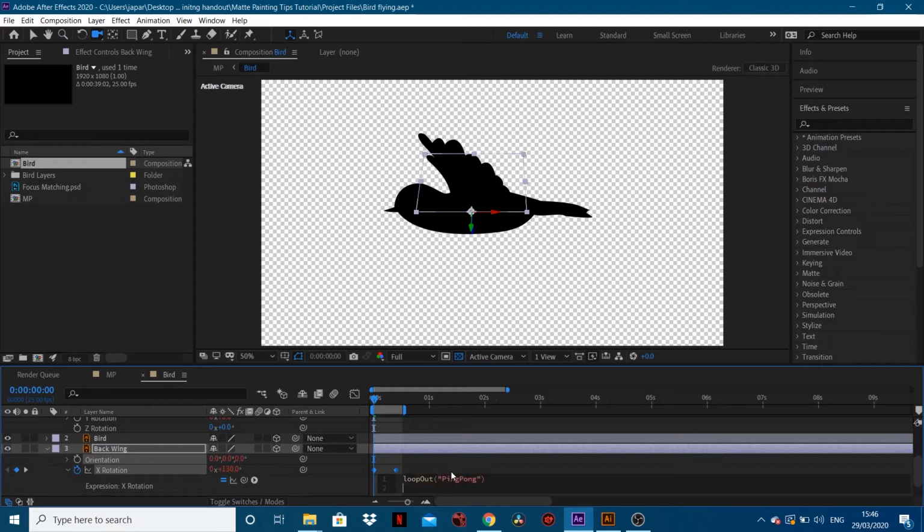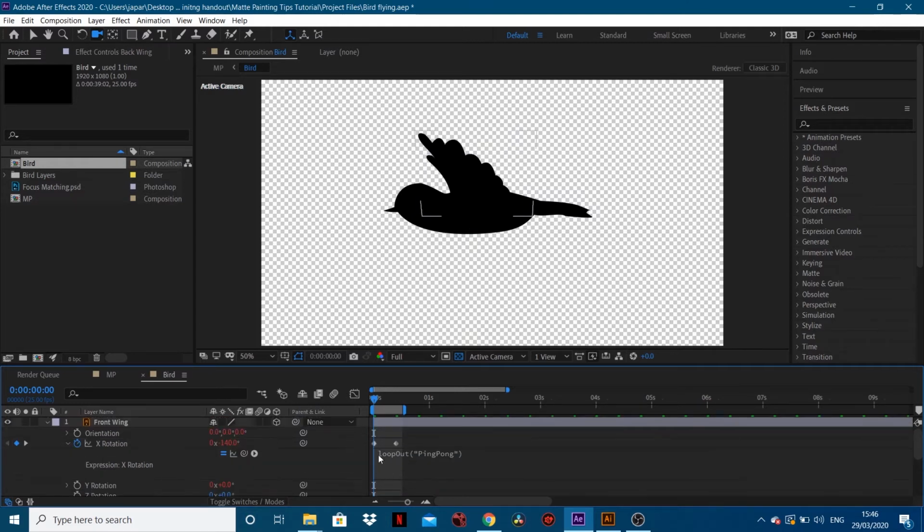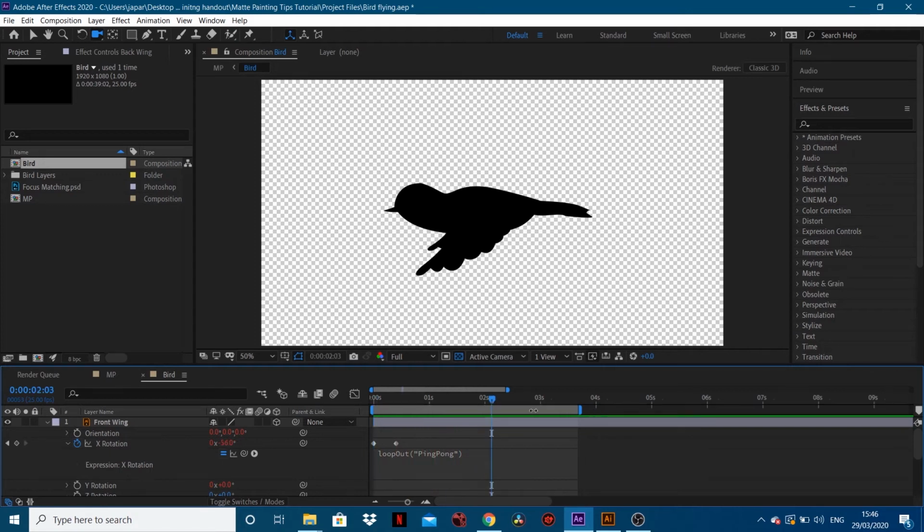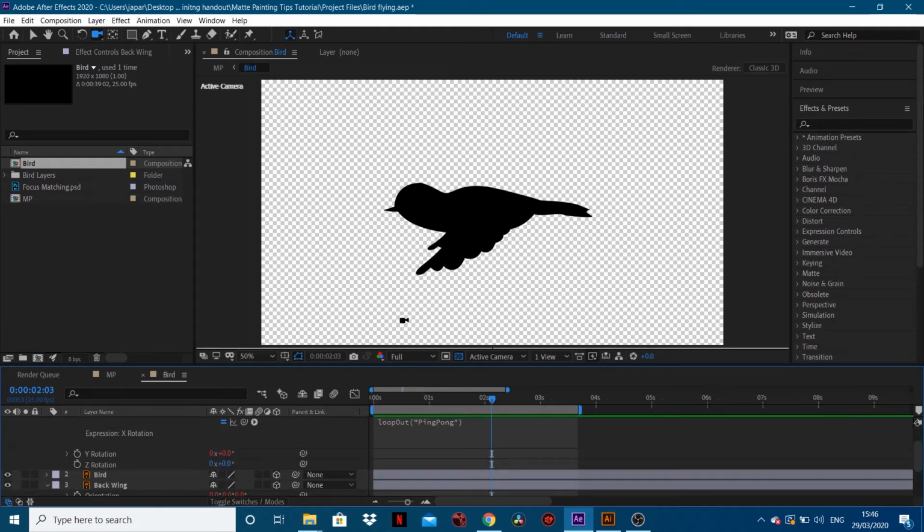Control or Command V just to copy it in. And what you've got is you've only made 2 keyframes were there. But if we play this through now, we've looped those keyframes, so that's going to be continually flapping. And you know what the brilliant bit about this is, if we just bring this up, right, if we think,